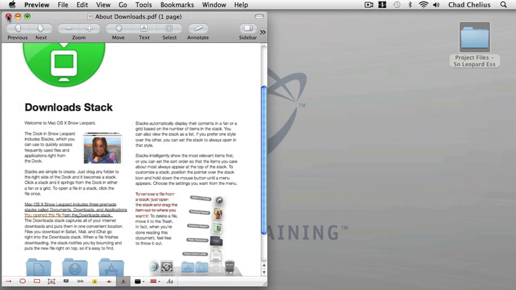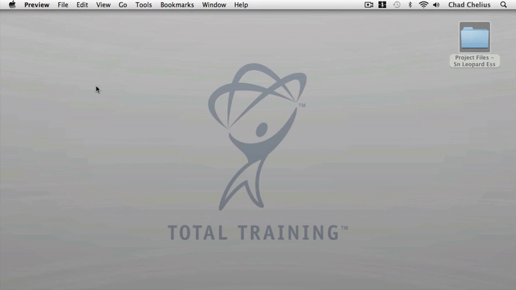I'm just going to close this PDF document. I'm not going to save it. And hopefully now you've learned some of the features that Preview has to offer and some of the enhancements that they've added in